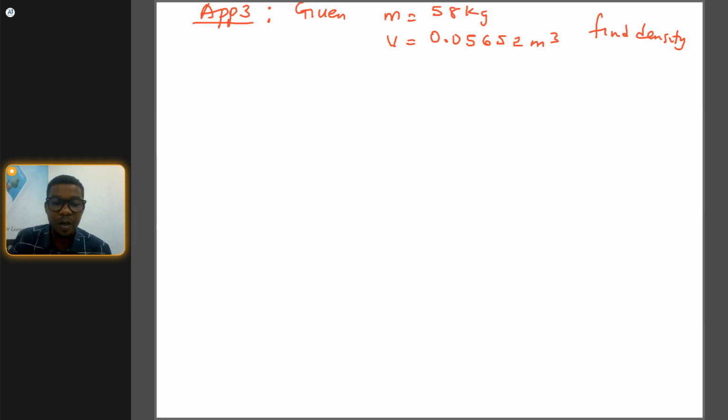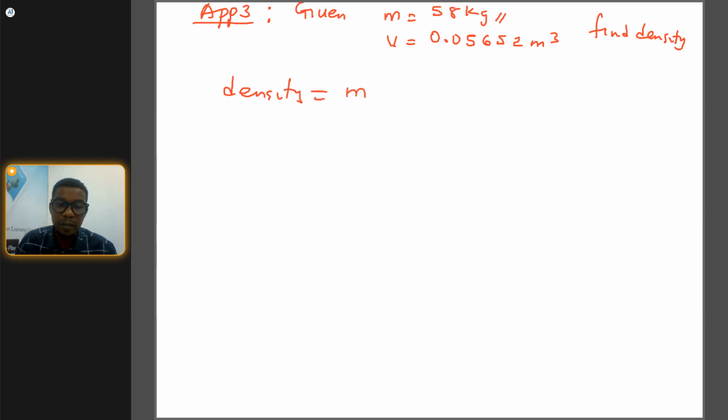Please take notes. I know we discussed units in the previous class, and it is very important to always make use of the accurate units while solving. Mass was given in kilogram. In case mass was given in gram, we need to convert it to kilogram before we proceed to solve. And volume here was given in meter cube, not centimeter cube. So if it is given in centimeter cube, you will need to convert to meter cube before solving. Okay, so we have density